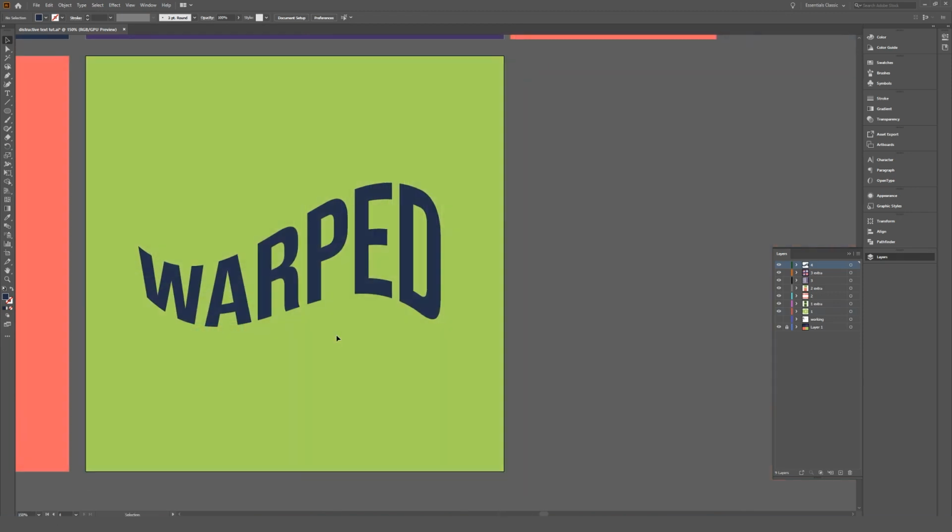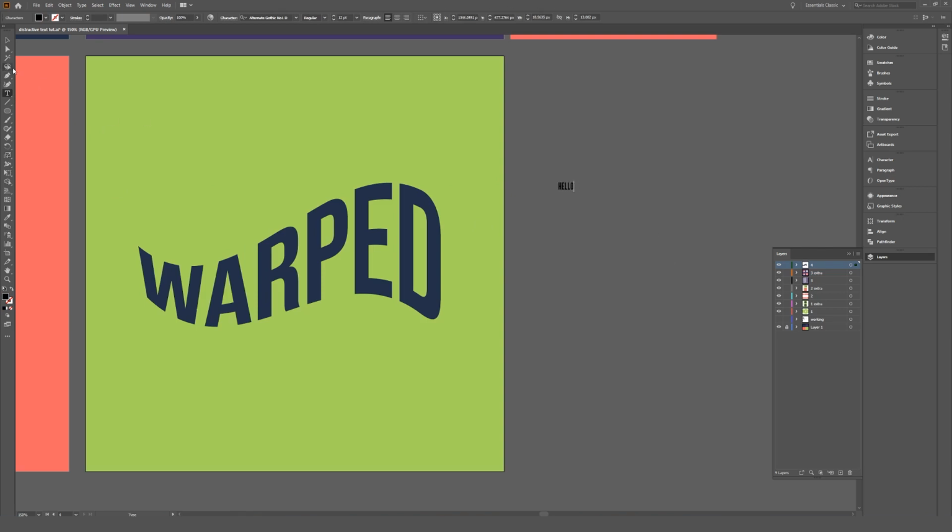Now, our final example is a bit of a dark horse because I've seen people use this and it really doesn't look good. I think this type of warped text needs to be done in moderation, so I would use this sparingly, but it's also just a useful method to have. So how we do warped text is,